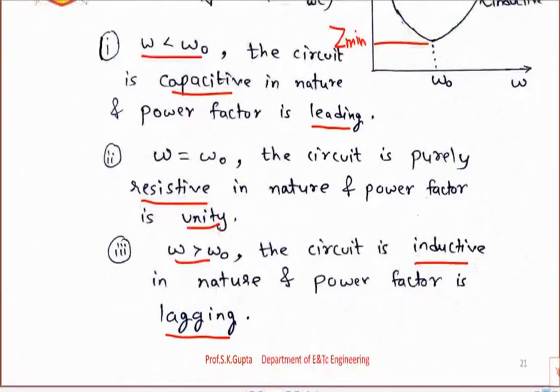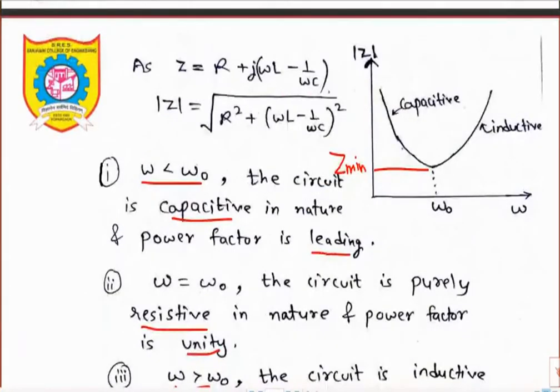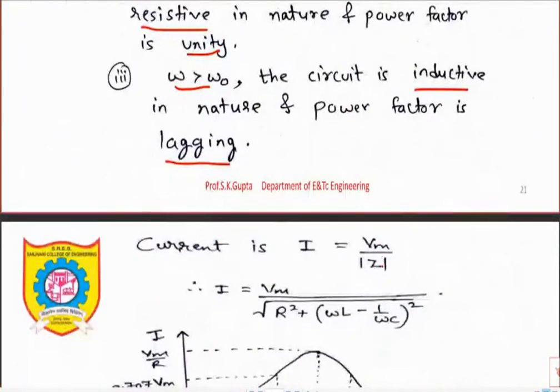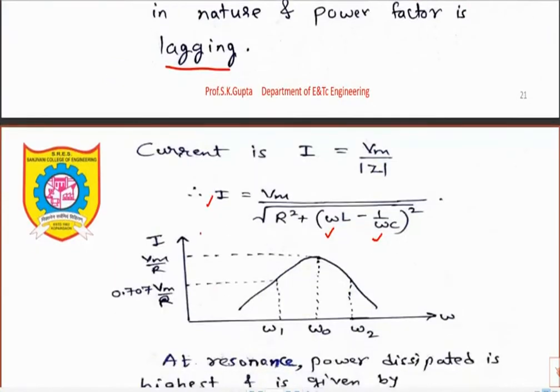So let's continue our discussion. Also in the last video, we derived the expression for impedance. This is the impedance, right? So let's continue with this. We know that current is Vm upon magnitude of Z, and just put the value of Z here. Again, as omega is changing, my current will change. So I will try to plot a graph of current versus frequency. If I plot the graph, I will get this type of behavior.